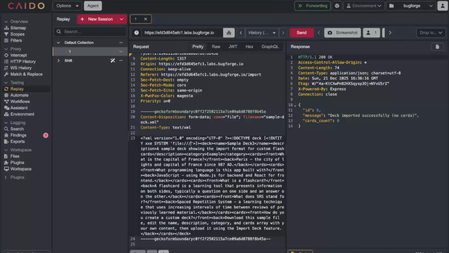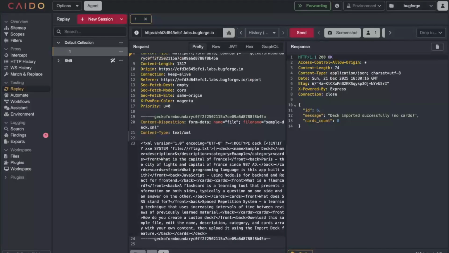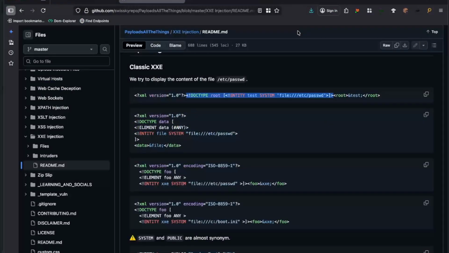And I don't want the XXE passwd file. I want flag.txt. Now, keep in mind, I don't know exactly where flag.txt is. Right now, I'm looking for flag.txt in the root of the file system, so /flag.txt. And I'm going to replace our description here with the reference to our entity, so &XXE;. And I'll send that and come back over here,